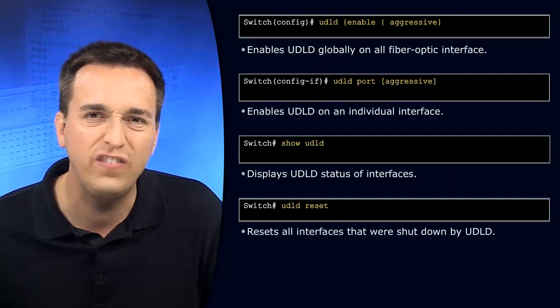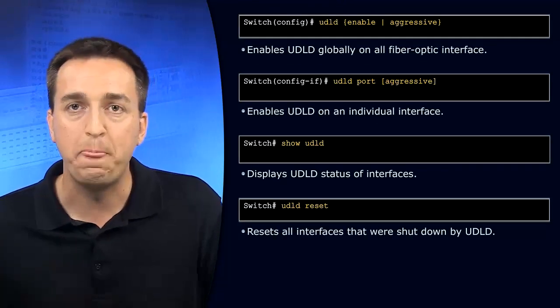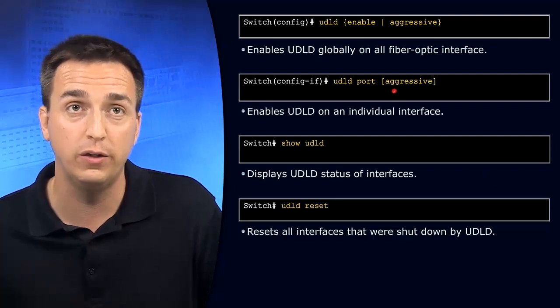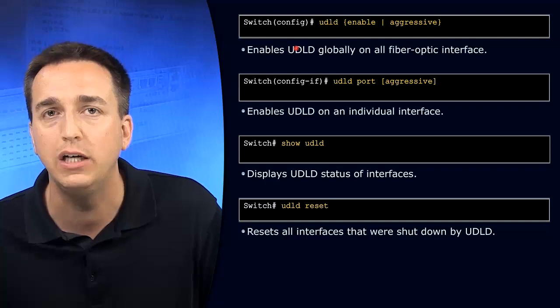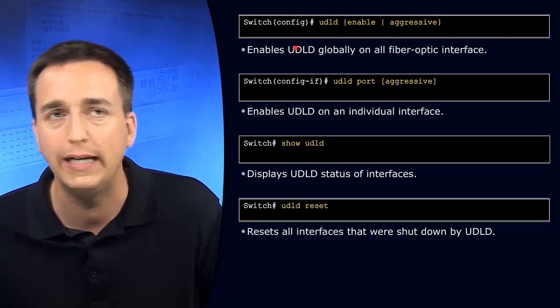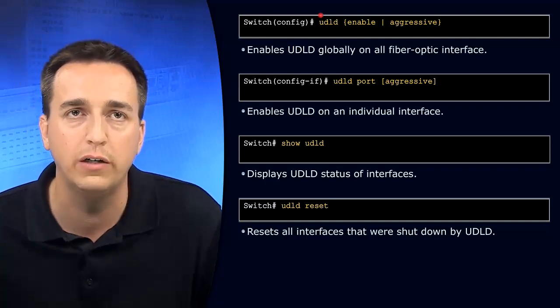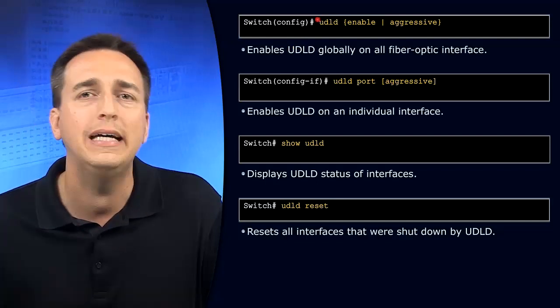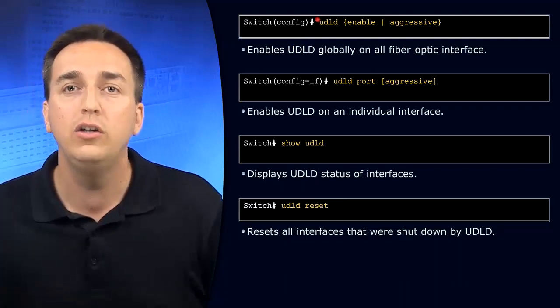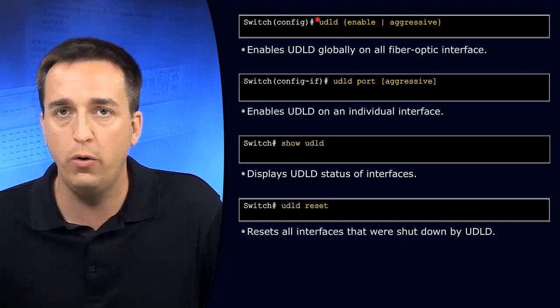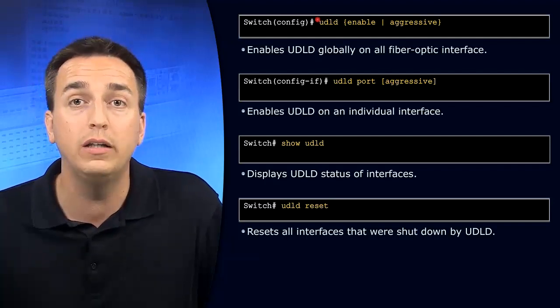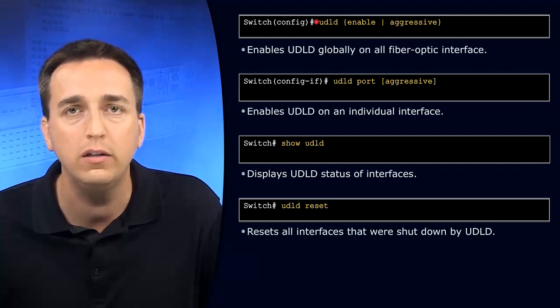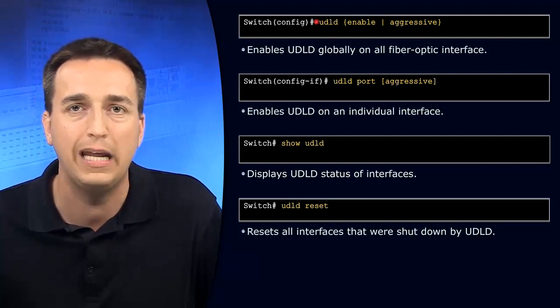So how do we configure UDLD? Well, it depends on what you are trying to do. For example, if you're only trying to enable UDLD on all fiber optic links, you can do that in global configuration mode. You just type in udld enable and you enable normal mode for all of the fiber optic links. If you want UDLD aggressive mode, then you type in udld aggressive, and aggressive mode is enabled for all of